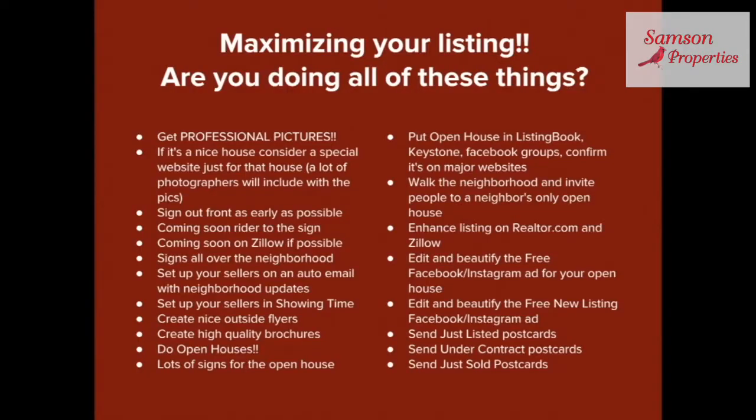It's your audition. Because anybody that looks at that listing is already going to say, that's how they're going to treat my house if I sell it. And on the other hand, if you're doing a tremendous job putting out great stuff in the neighborhood ahead of time, they're going, I'm listing with that person. So with these professional pictures, and the second one I put is a property-specific website,